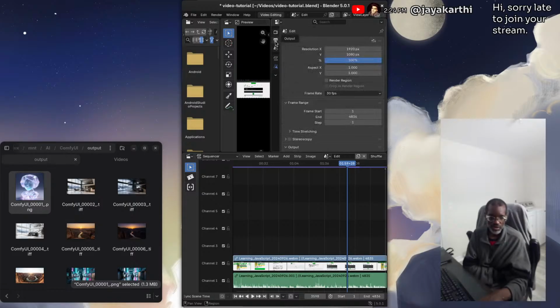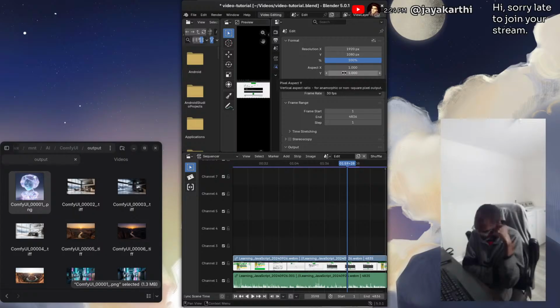No, is it output? Oh, it was output. The output says it's 1920 by 1080. One thing I can tell you is that this one also works differently now. Before, when you put 50%, it would do 50%. But what I've noticed now is that I don't know if the scaling